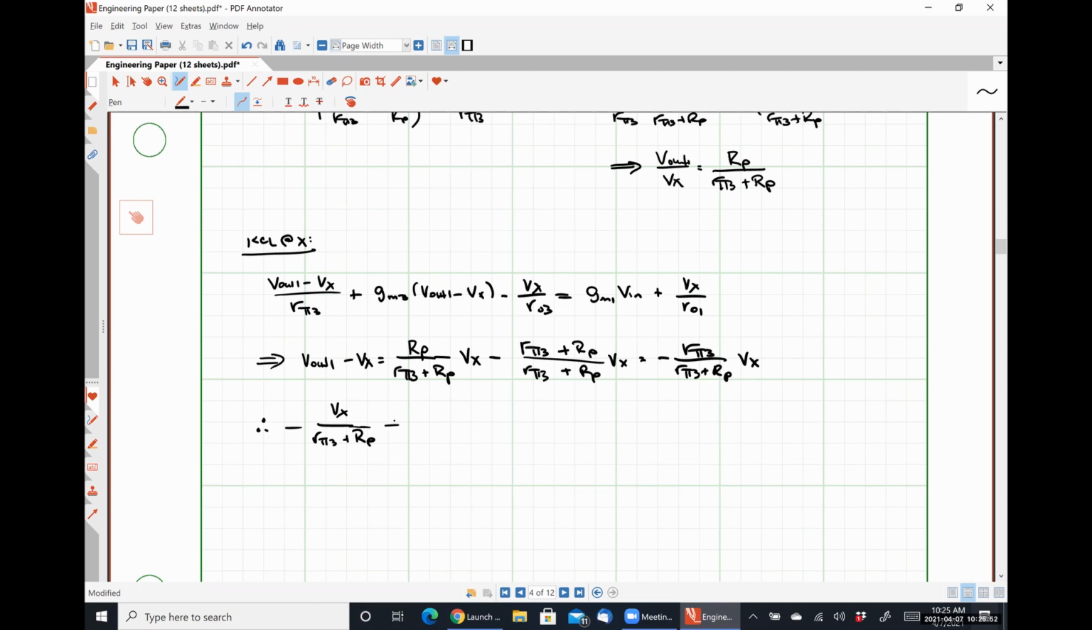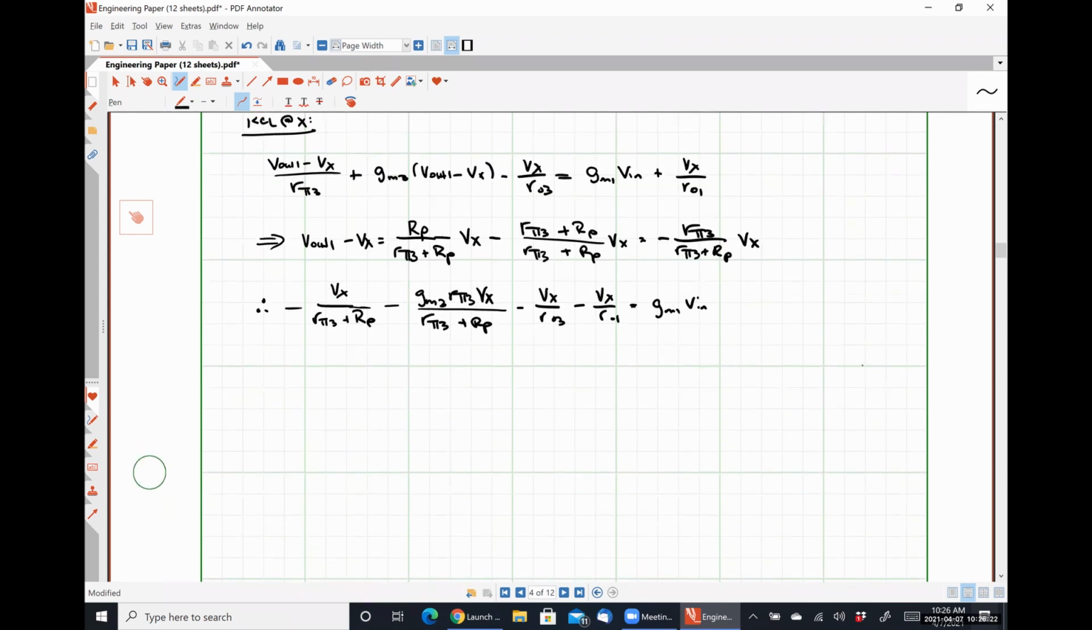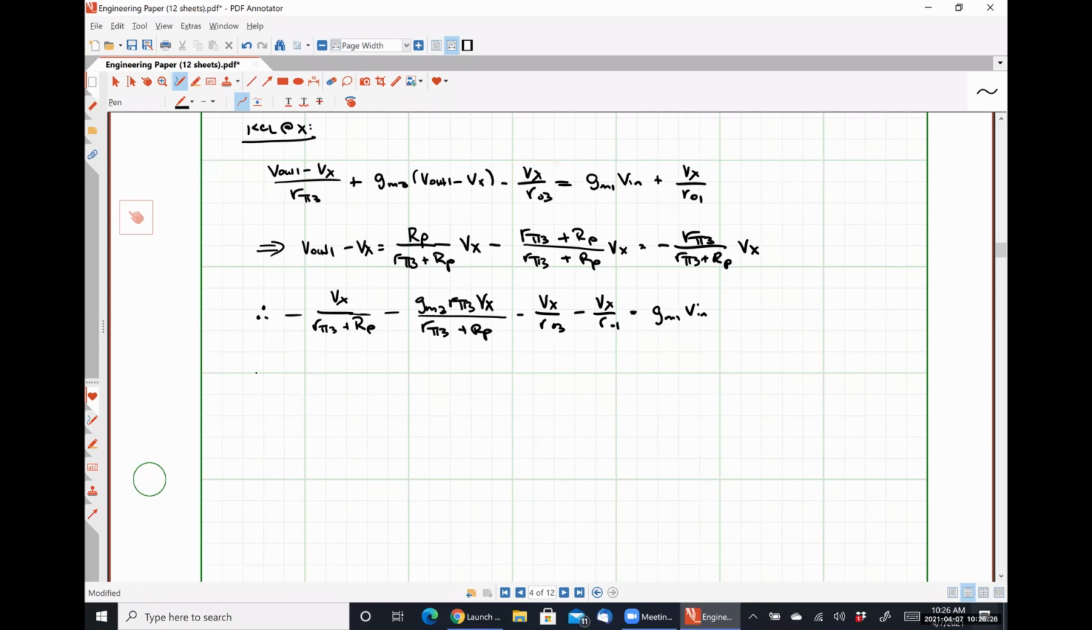Then I'm going to have minus GM3 R pi 3 Vx divided by R pi 3 plus Rp, minus Vx over R naught 3, minus Vx over R naught 1 is equal to GM1 Vn. Now, obviously, I can factor out the Vx's on the left-hand side. So this is going to leave me with Vx multiplied by 1 over R naught 1 plus 1 over R naught 3 plus 1 over R pi 3 plus Rp